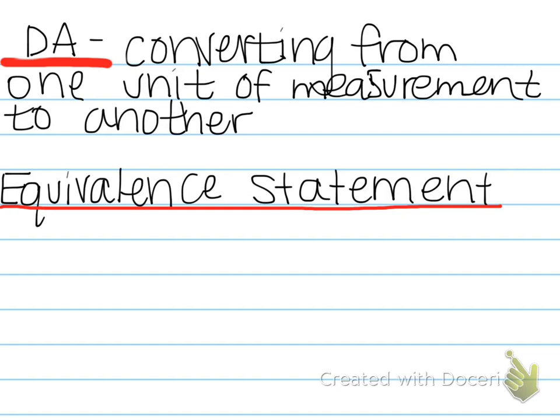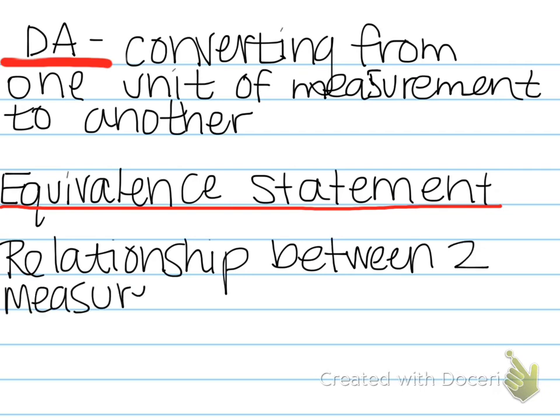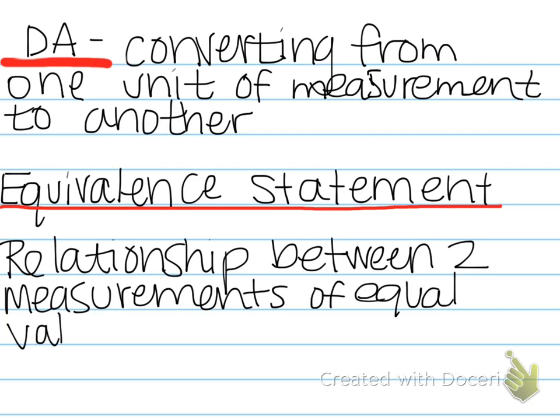So what we have to use are these things called equivalent statements. So an equivalent statement is a relationship between two measurements of equal value. Now, what does this mean? An example of an equivalent statement will help. It's something like that 1 inch